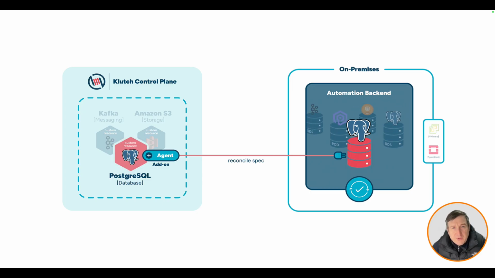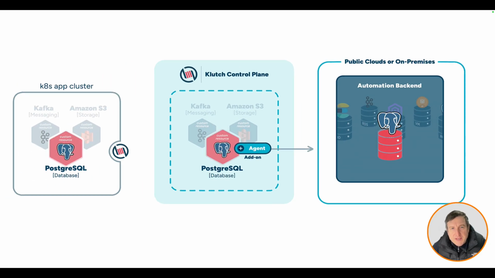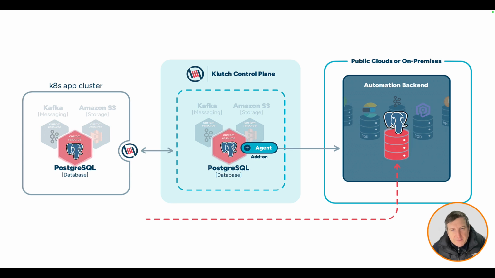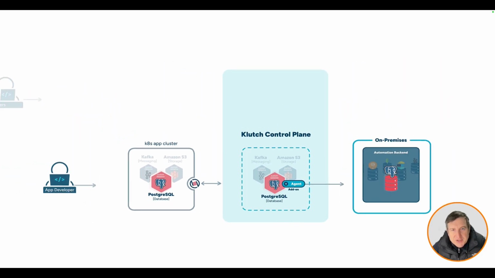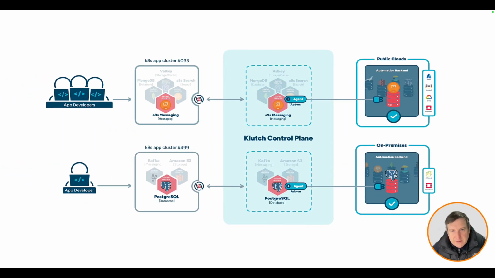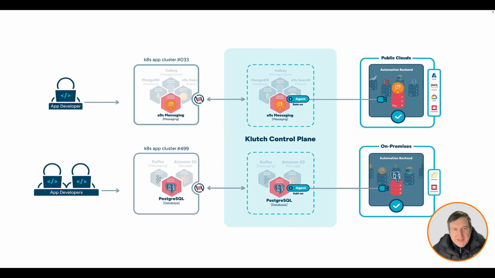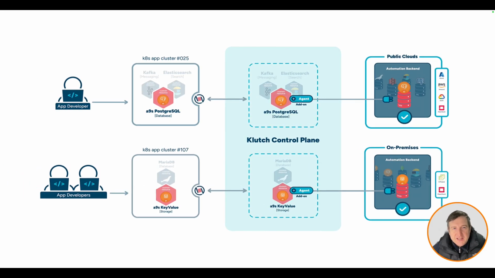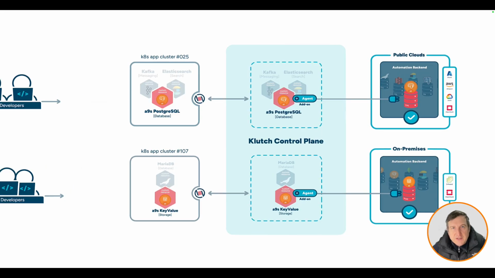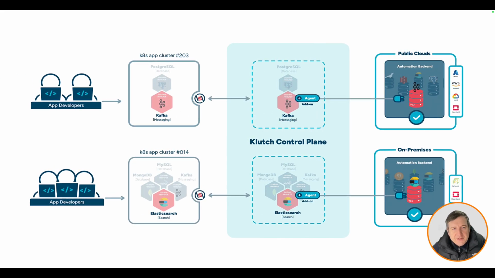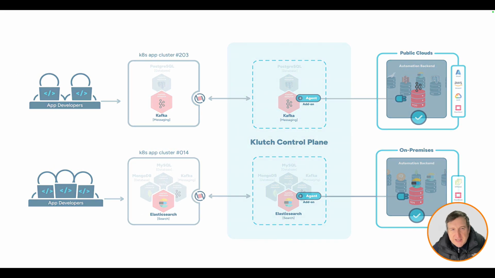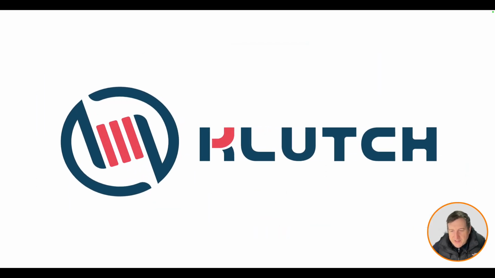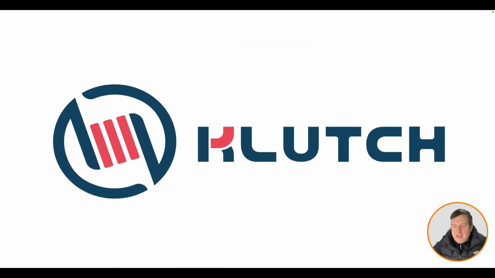Of course, this works on premises and public, assuming the automation backend supports on premises as well. Then the service binding is declared, and this establishes the connection between the application cluster and the automation backend. Of course, you can do that many, many times across many application clusters and many data services. So as you can see, application developers can declare and manage their service instances by talking Kubernetes to their local Kubernetes cluster. And you have in the Klutch control plane that central